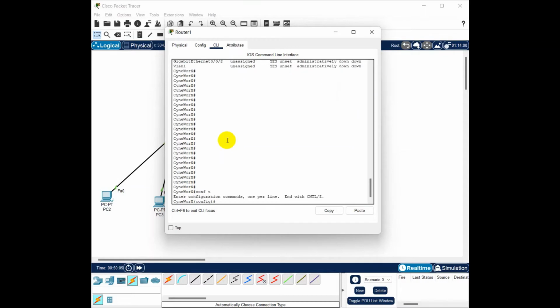So we are going to go back to the global config mode, and we are going to do ip dhcp excluded-address. By this command, what we are trying to say to the switch is: do not assign these IP addresses in this range. So, let's say 192.168.100.1, because one is assigned to the router, and